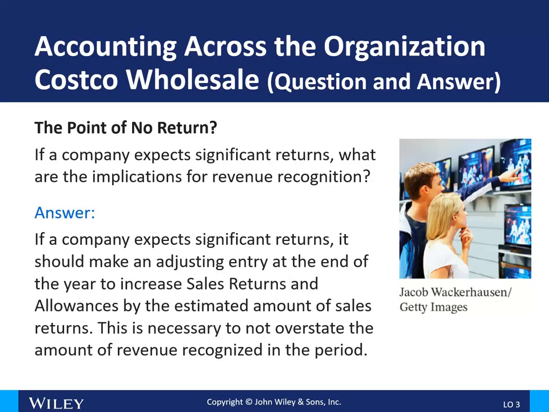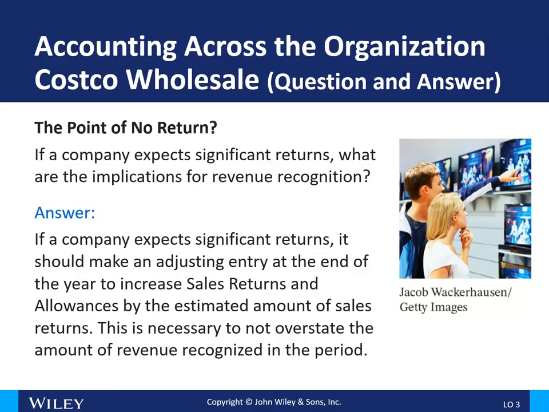If a company expects significant returns, it should make an adjusting entry at the end of the year to increase sales returns and allowances by the estimated amount of the sales returns. This is necessary to not overstate the amount of revenue recognized in the period. So if Costco, sticking with this example, comes to the end of their accounting year, they would look at what was sold electronic-wise in the past 90 days, look at historically what the returns are, and do an adjustment